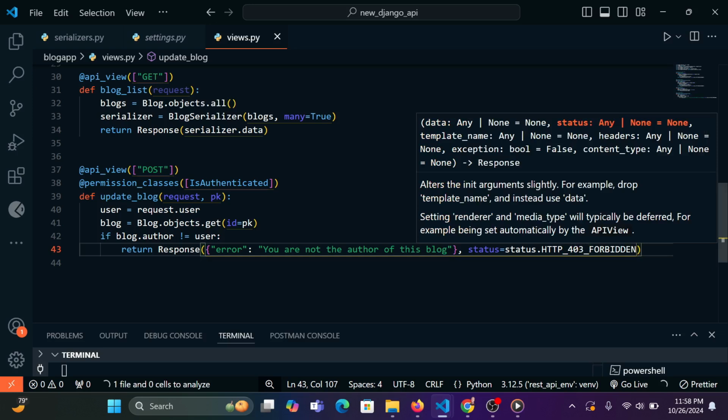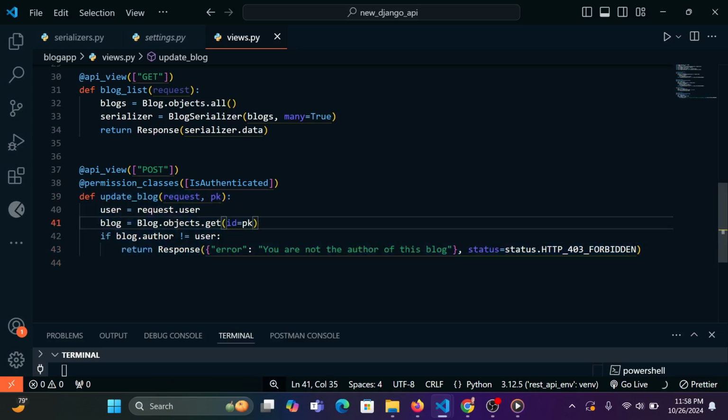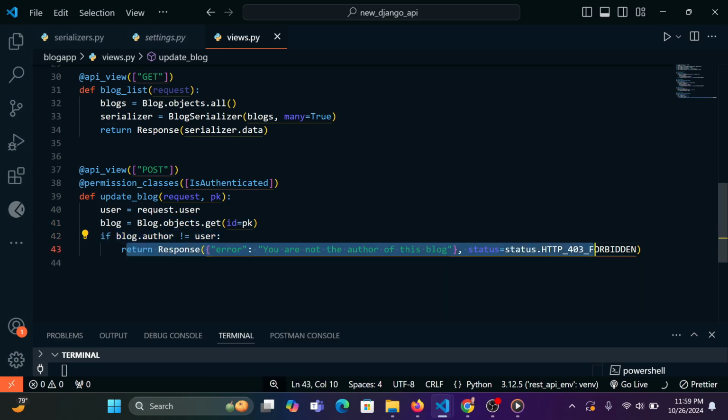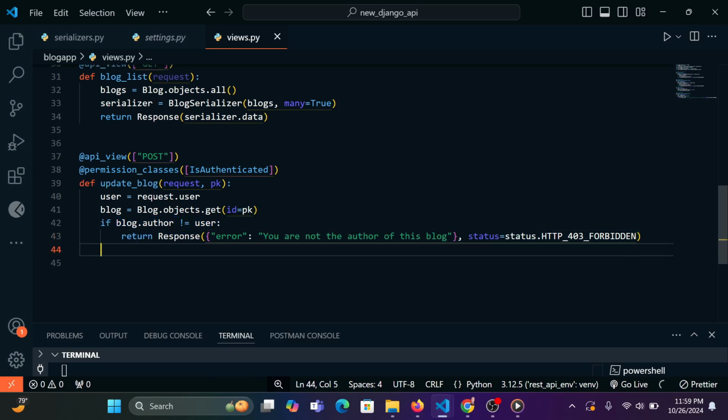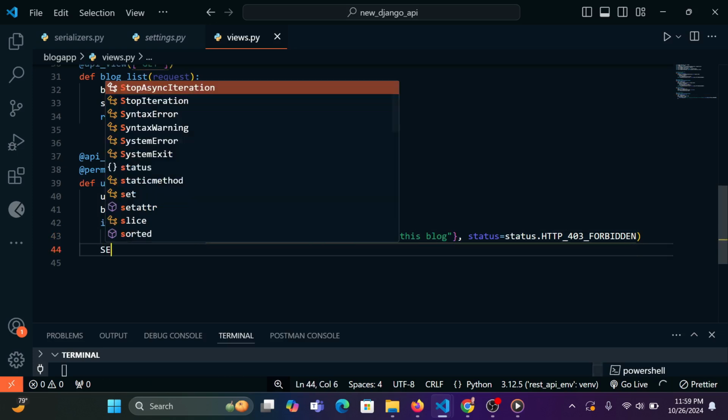So what's happening here is this: if you can update a blog, you must be the author. You can't just go ahead and update someone else's blog, right? So if this condition is true, we're going to return this response. But if it is not true, we're then going to say serializer